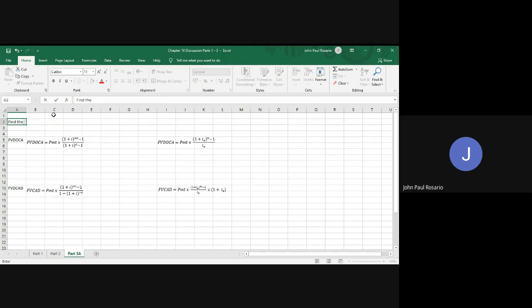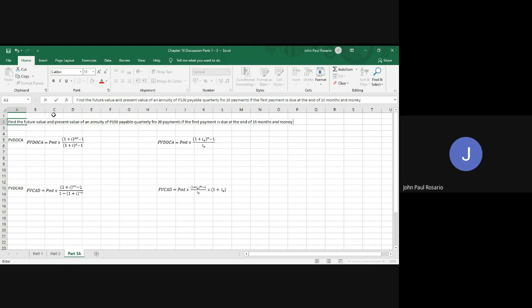Find the future value and present value of an annuity of 150 pesos payable quarterly for 20 payments if the first payment is due at the end of 15 months